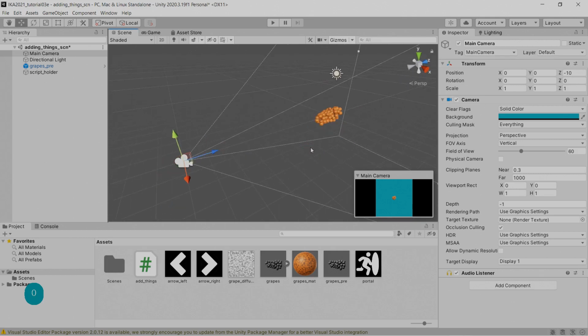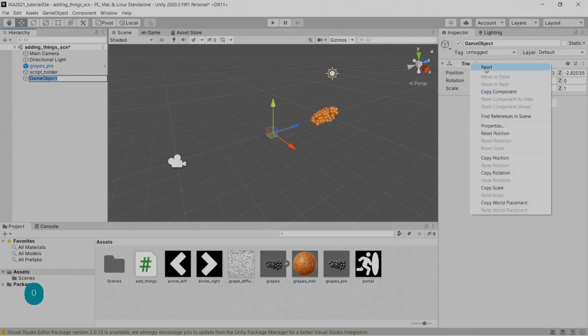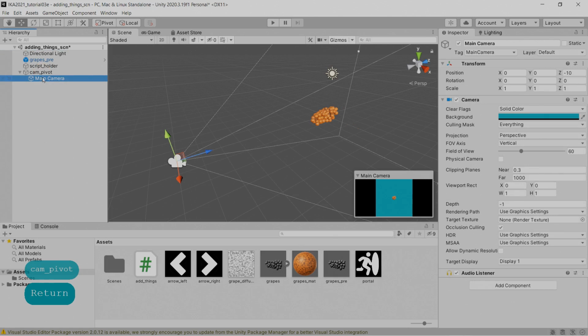And what I want to do is to create an empty game object in the very center, and I'm going to call this object camera pivot, and I'm going to drag and drop our camera onto this. So this creates a hierarchical structure, and so camera pivot becomes a parent of main camera, and it changes nothing